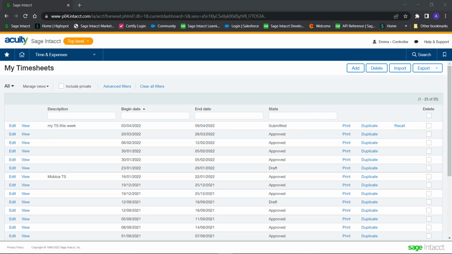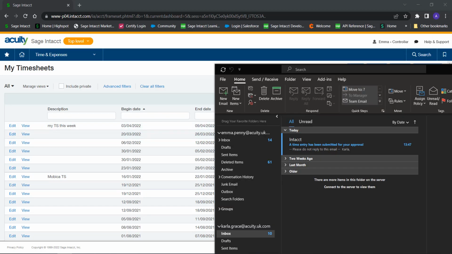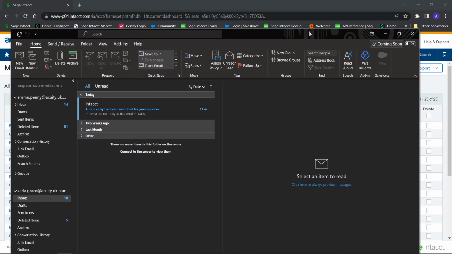So what happens then? Well, as you've just seen here, here's a list of timesheets. There's my timesheet for this week. We can see it's at a submitted status. What can happen if you configure the system in such a way, if I just drag this onto here, this